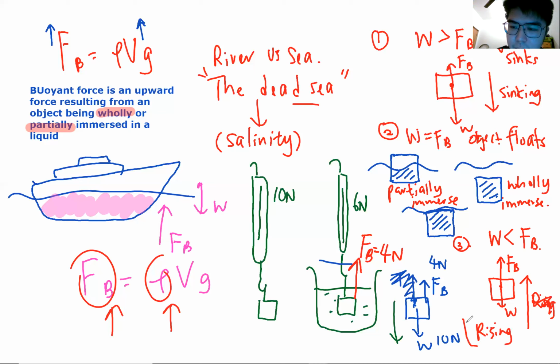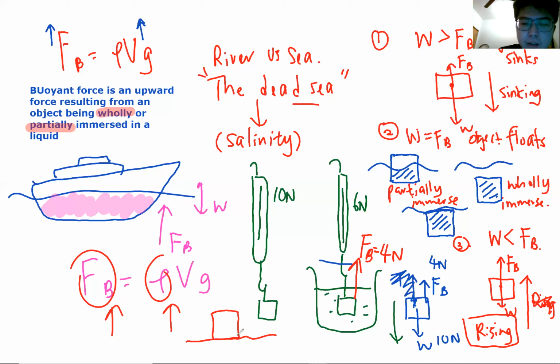Rising. Okay, so three different scenarios. Either it floats, or it sinks, or it rises. Now rising is different from floating. Rising is when the object is, let's say I draw it out, the object is